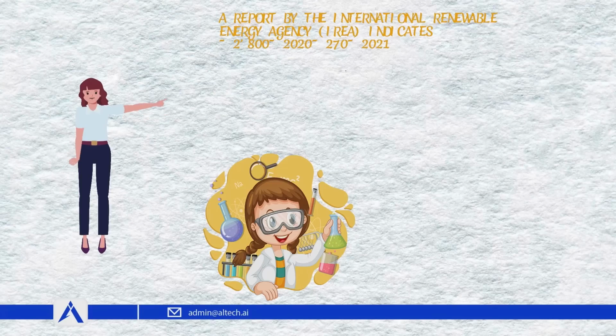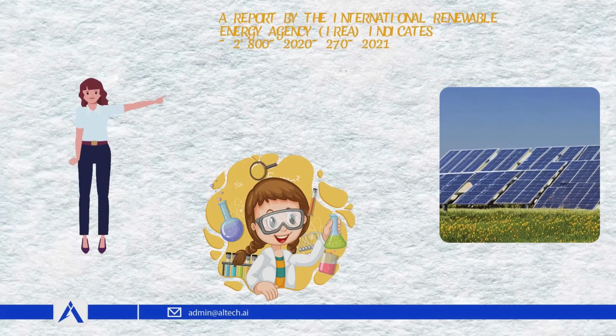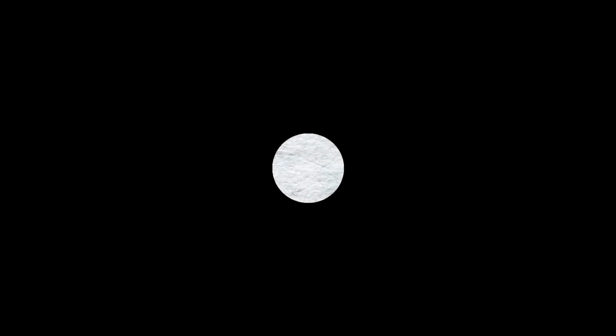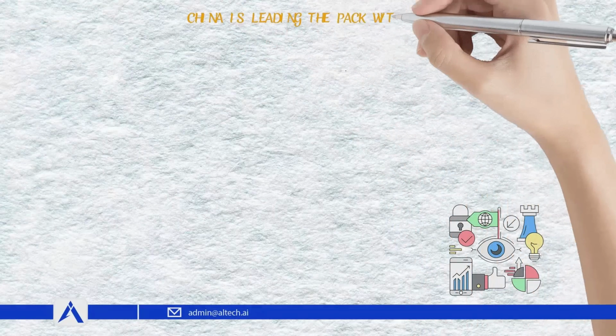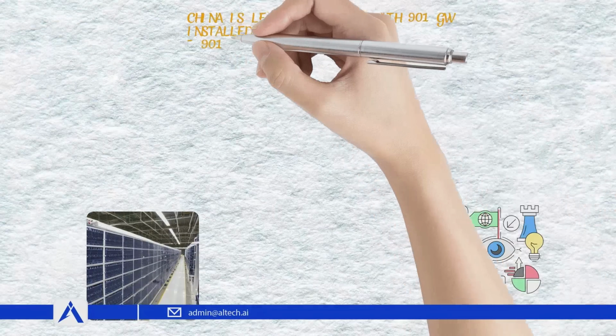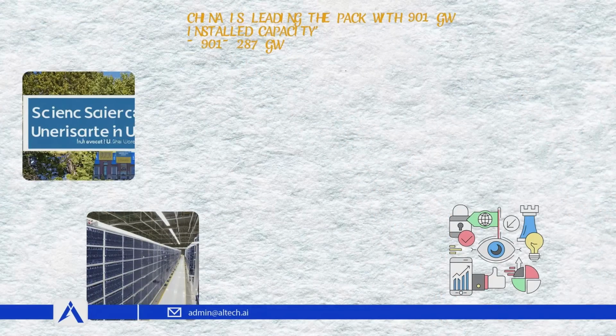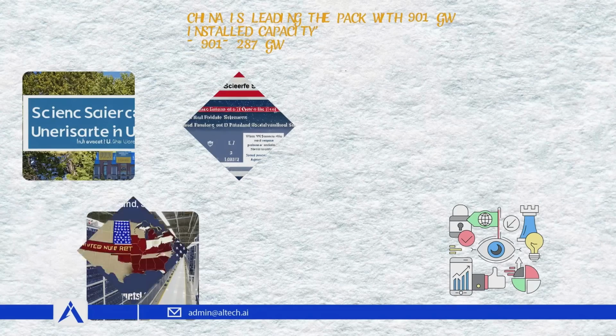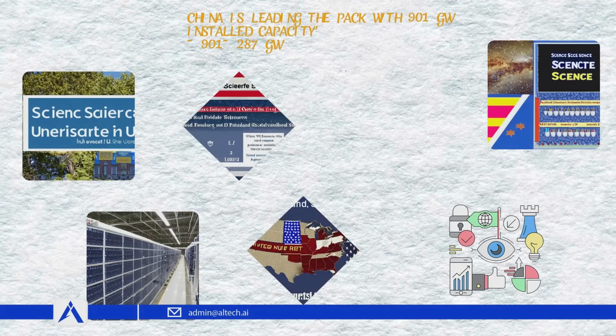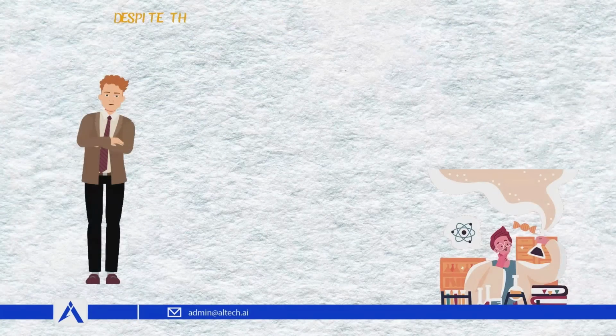A report by the International Renewable Energy Agency, IRENA, indicates that renewable energy had grown to over 2,800 gigawatts by the end of 2020, with an anticipated additional capacity of 270 gigawatts in 2021. Needless to say, there's a shift in the global energy markets with China, the United States, Europe, and India taking the lead. China is leading the pack with 901 gigawatts installed capacity, followed closely by the United States with 287